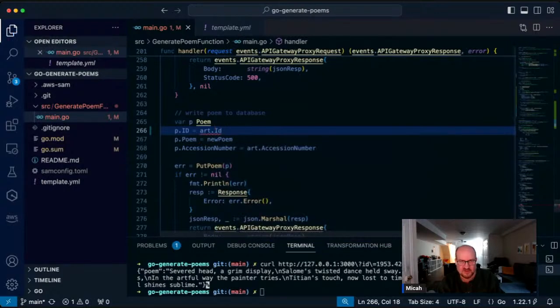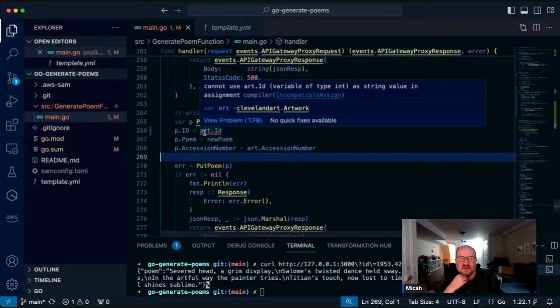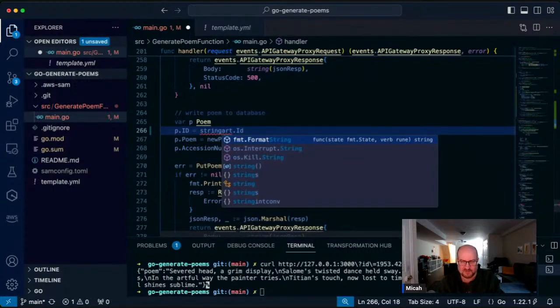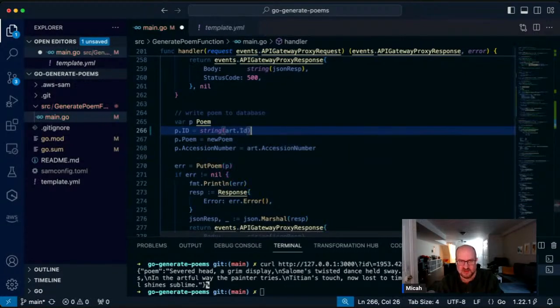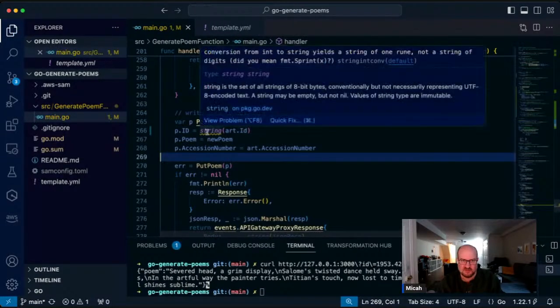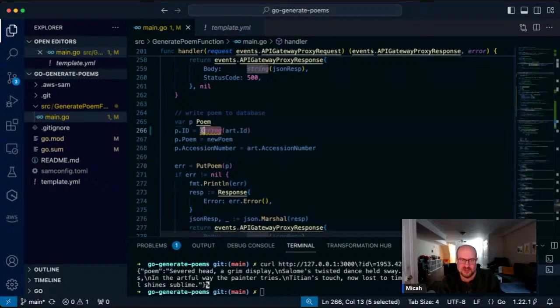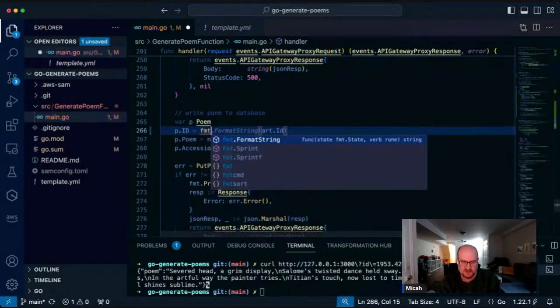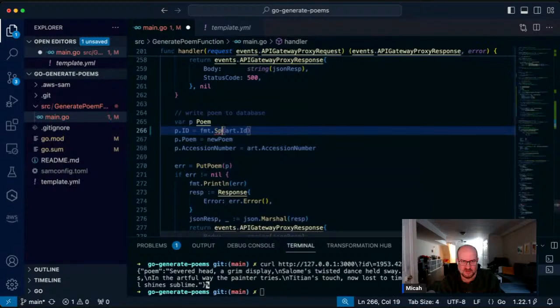That should be fine. Why don't I have it? Let's see. Oh, because it's an integer, and we want it to be a string. Oh, no wonder. Okay. So we're just going to cast it to a string like that real quick. Oh, I can't do it though. I have to do a Sprintf. Okay. Yes, that's exactly what I meant. Thank you. Oops.